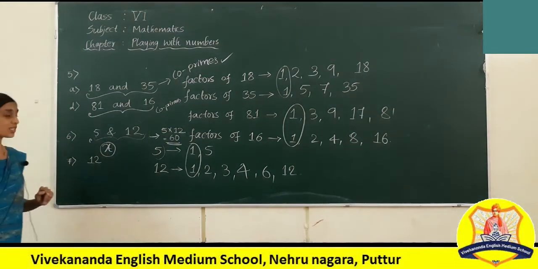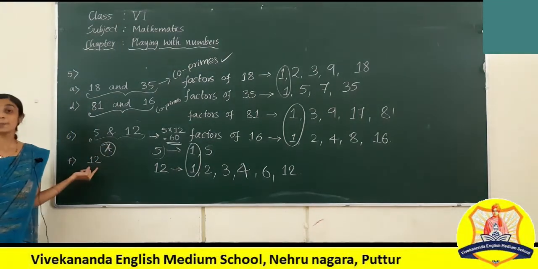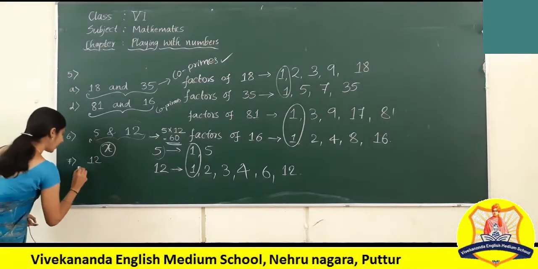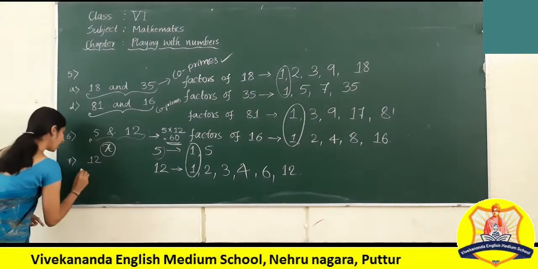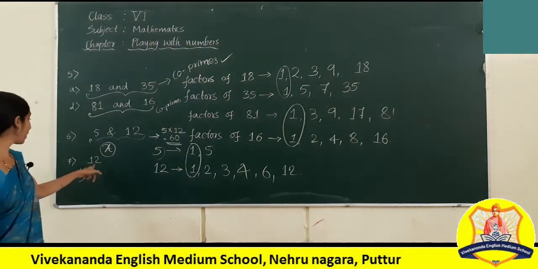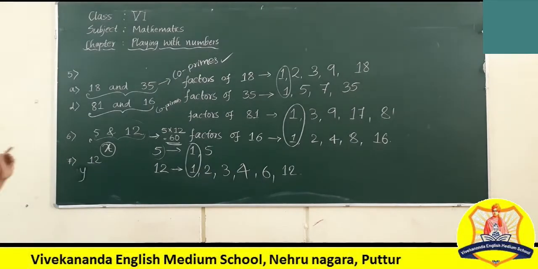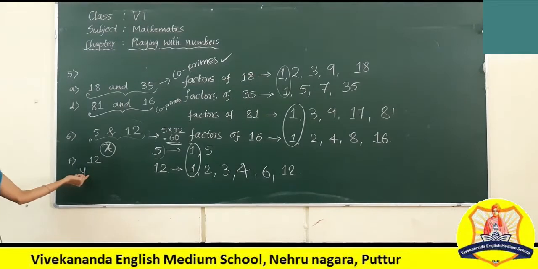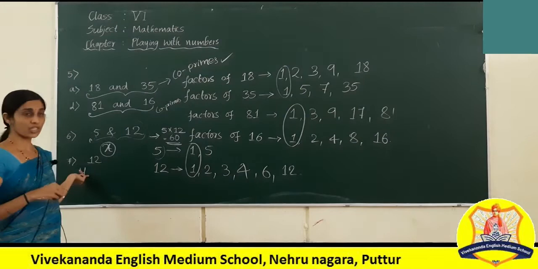Okay, next, 7th question. What have they given? A particular number is divisible by 12. See, I'll take here also x, or if you are bored with x, I'll take y. Okay. If y is divisible by 12, which are the other numbers that divide y? That particular number. Okay, recall the rule, children.